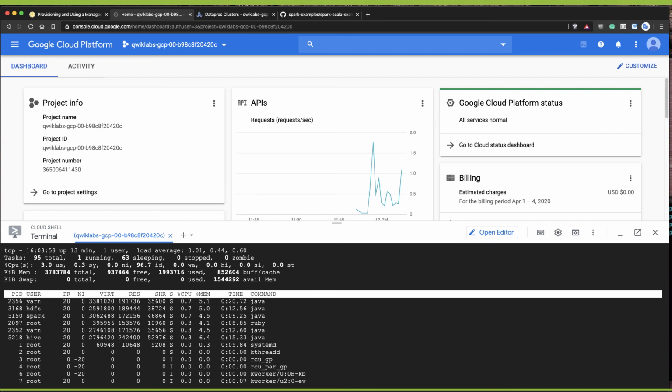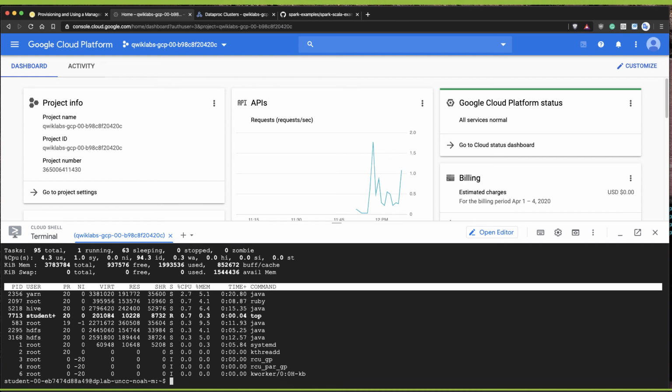So in a nutshell, that's really the gist of some of the things you would do, a hello world of Spark on the Google Cloud Platform. So what I'll probably do is just stop that and then